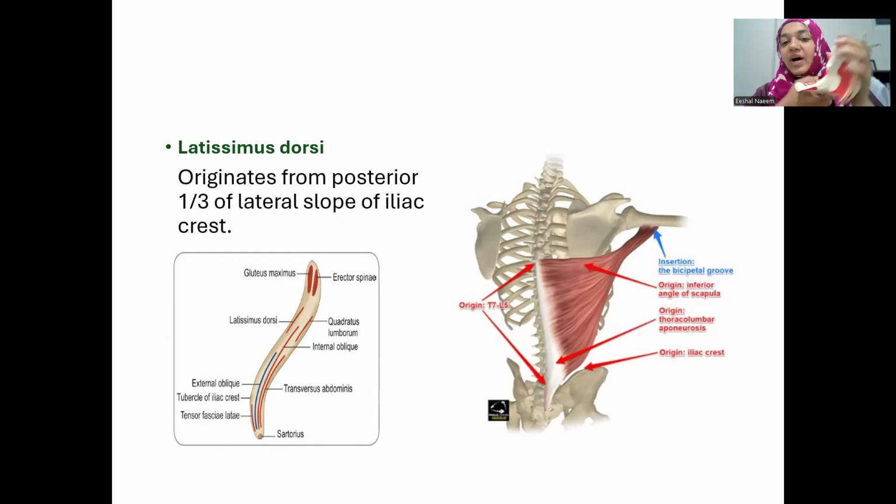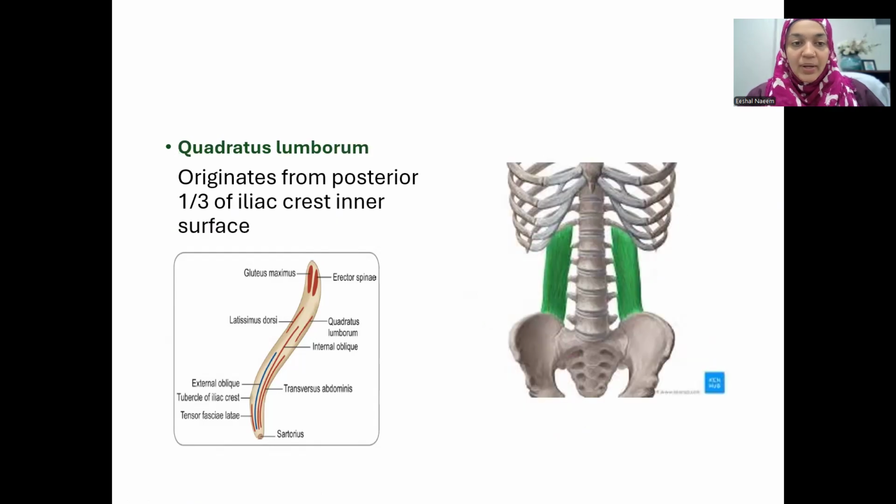It has a very wide origin, as you can see on this image. It comes from the thoracic T7 vertebra to L5 all the way, and then goes and inserts in the bicipital groove, the lady between two majors. In the bicipital groove, you had the lady between two majors, the latissimus dorsi, and then on the medial and lateral lips, you had the pectoralis major and the teres major, respectively.